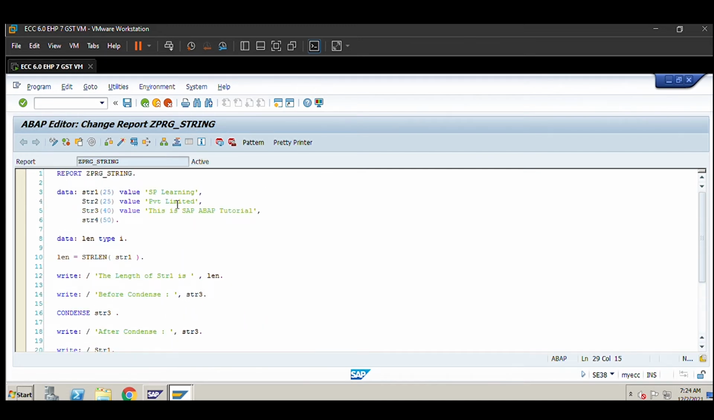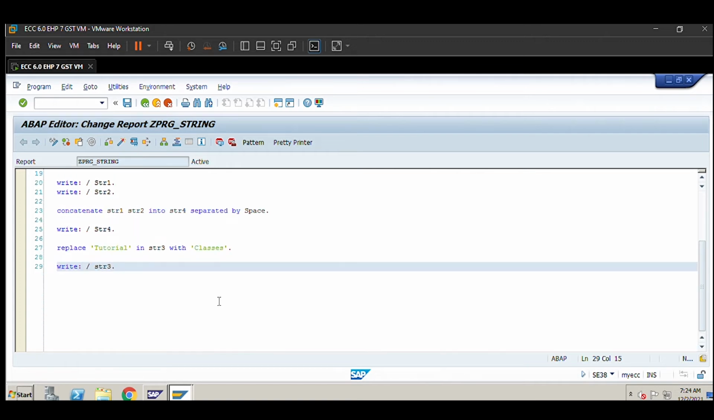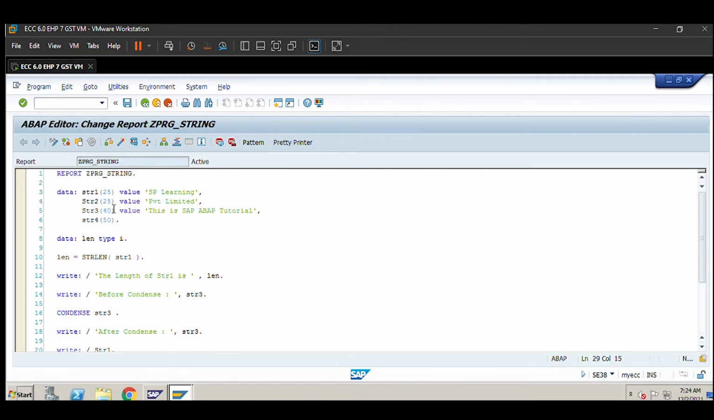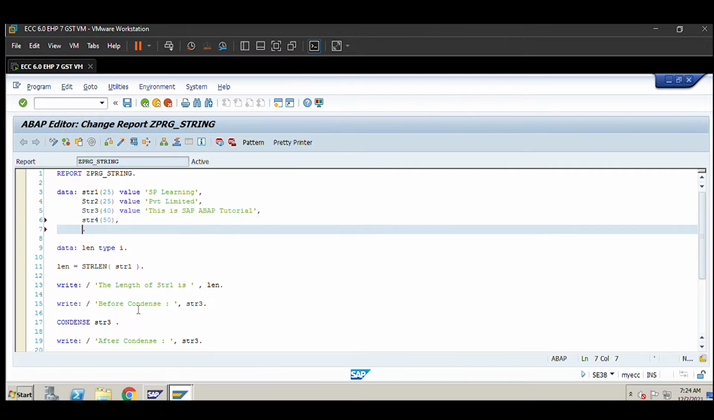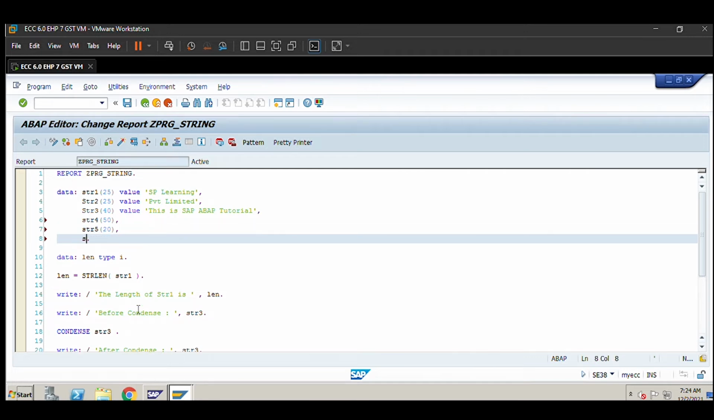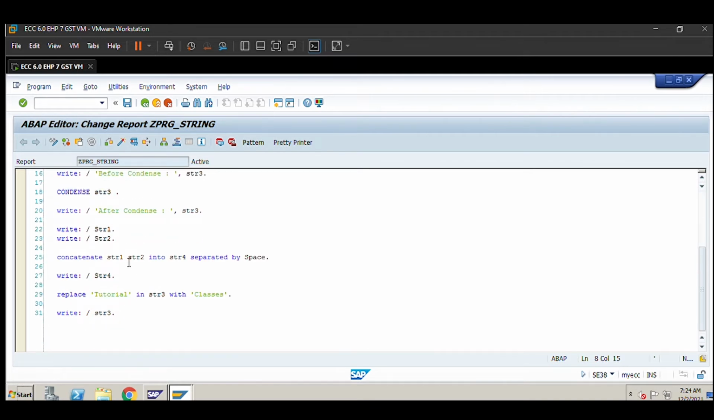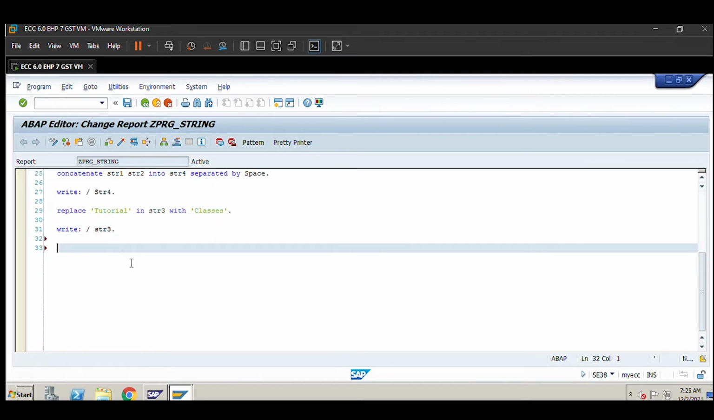Now I want to split this string 3 into two strings or three strings. Okay. Before splitting it, we need to define strings. str5 of some 20 characters. str6 of some 20 characters. Okay. Presently I am splitting it into two strings only. Split str3 into